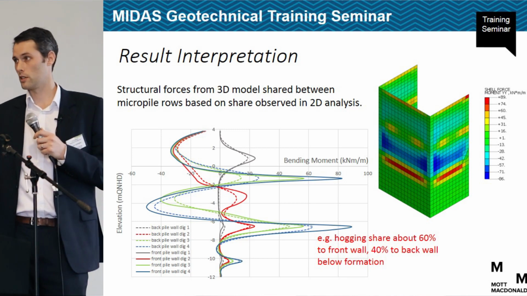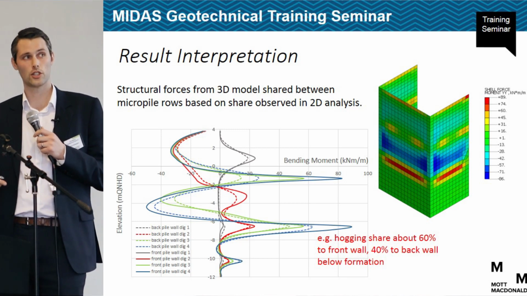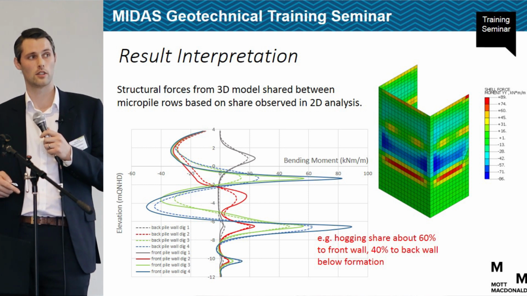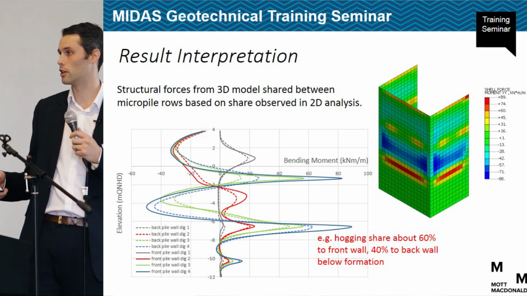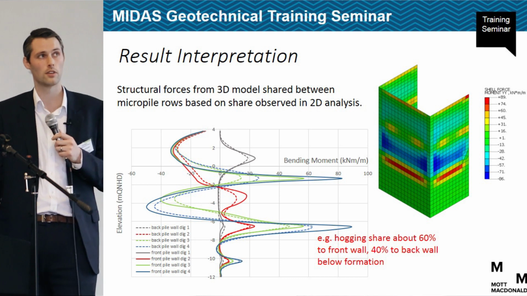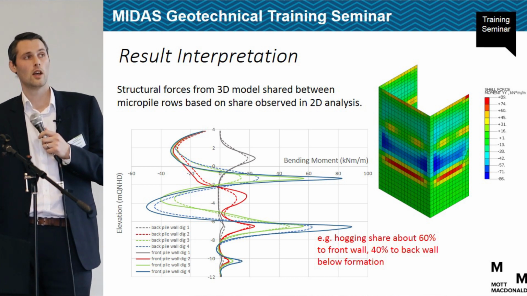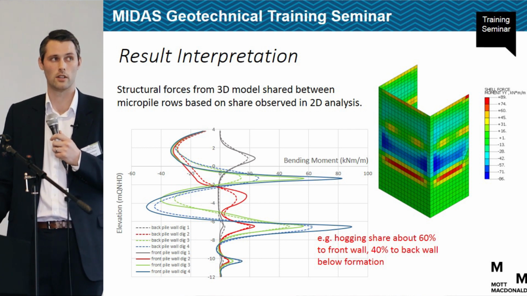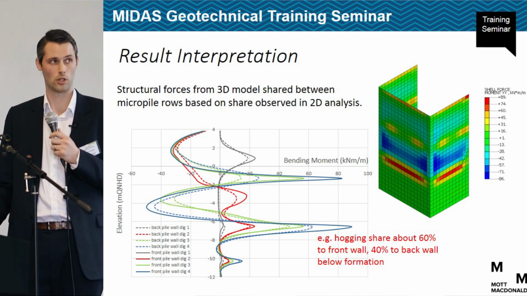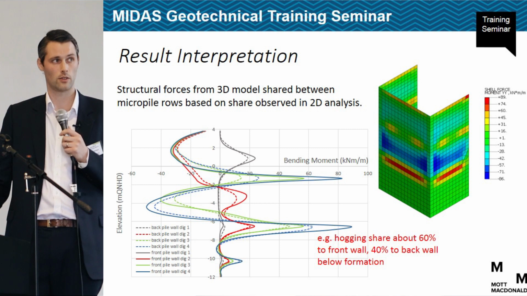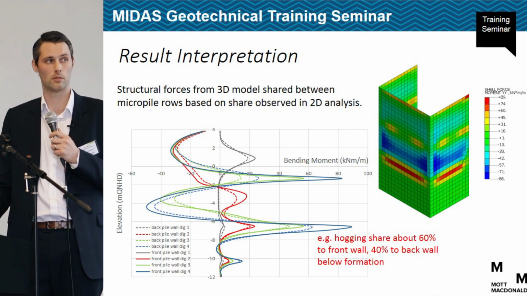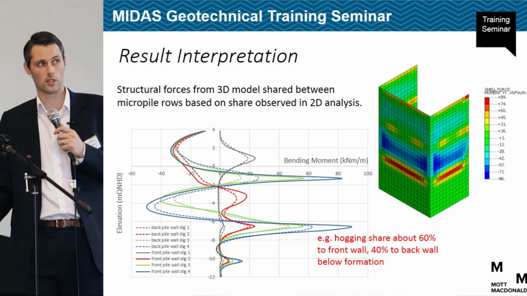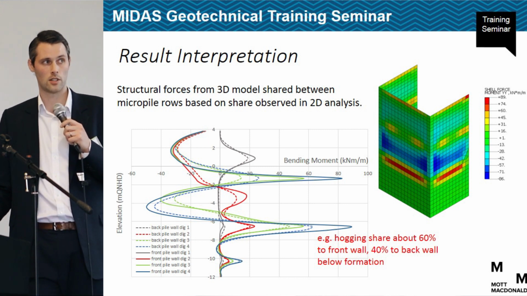So once we've got our results from our equivalent shell, the next question is, well, where's the load going to go between these 2 rows of micropiles? And again, we used the 2D model to look at how the forces are shared between the 2 walls. So this is the graph on the bottom left. The bending moment results from the 2D model for the front wall is the solid lines, and the back wall is the dashed lines at various stages of